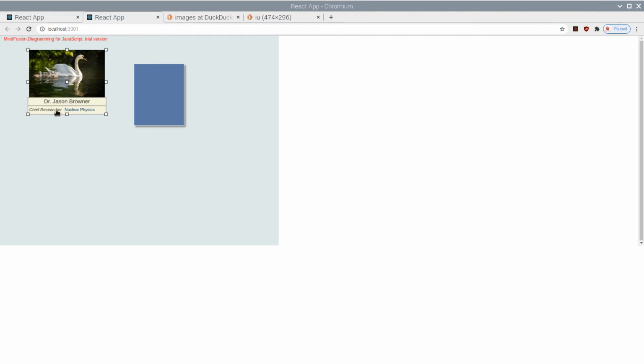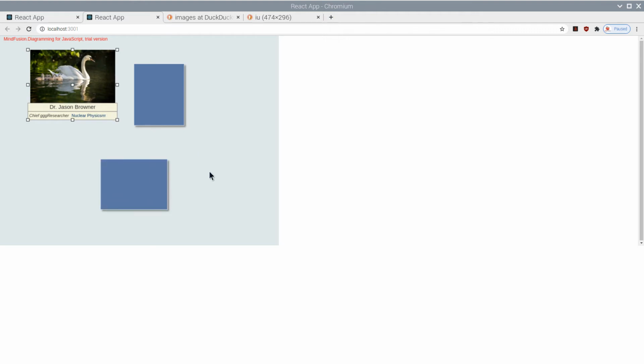In our last video tutorial of this series, we will replace the default rectangle node that gets drawn when the user drags the mouse with an employee node. This will allow the user to create an org chart interactively.